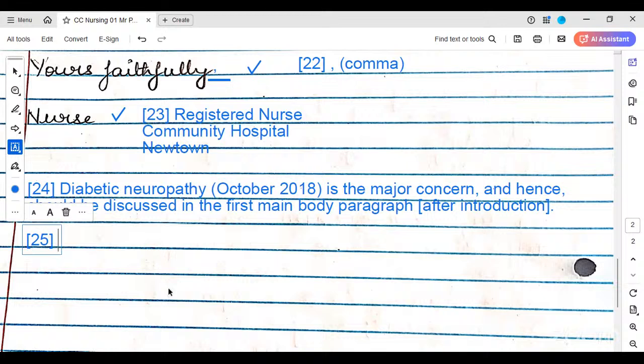This is the most important one. Before that, in June 2018, he was hospitalized with myocardial infarction in Newtown, and he was diagnosed with atrial fibrillation also in the same situation. So here you can say in the next paragraph,